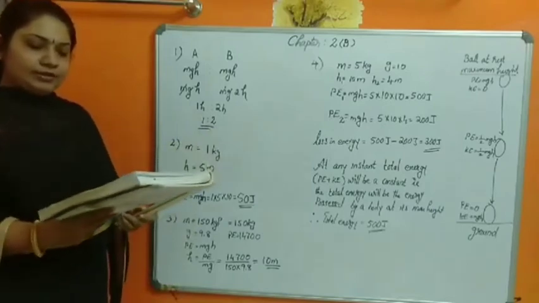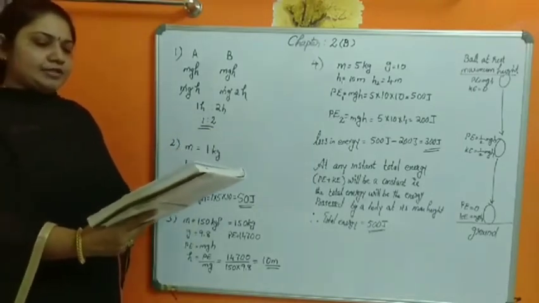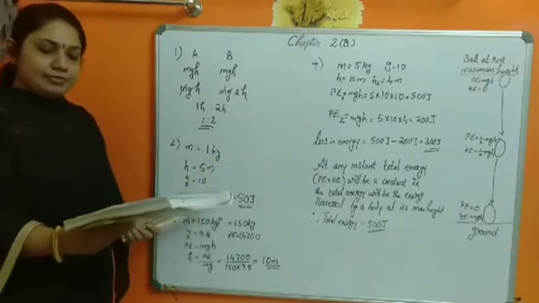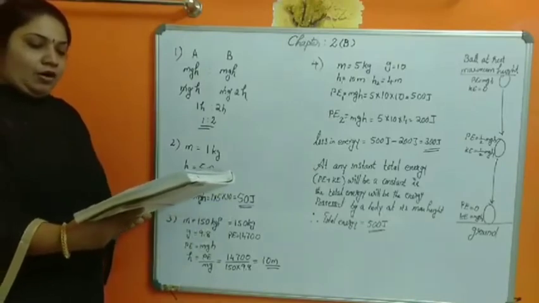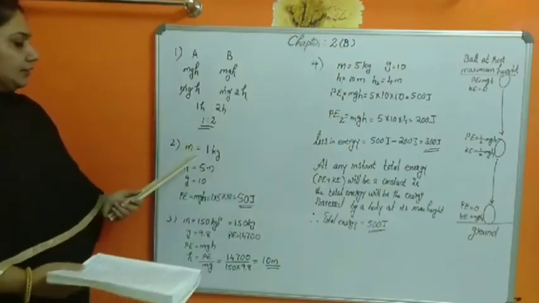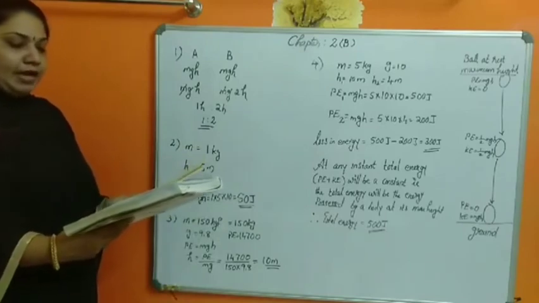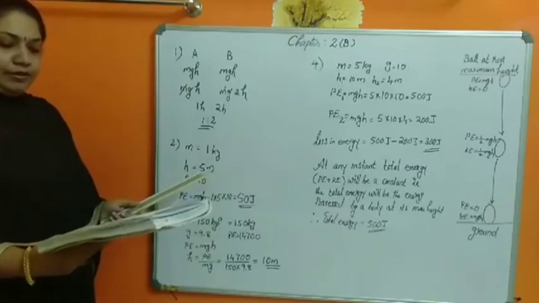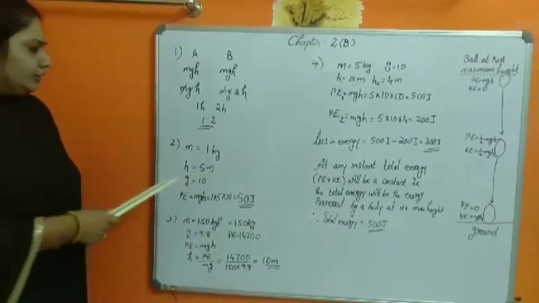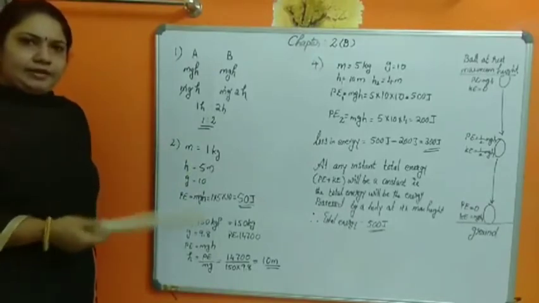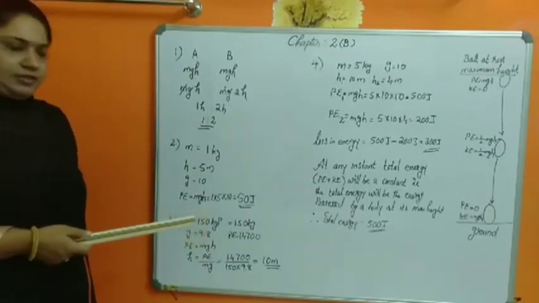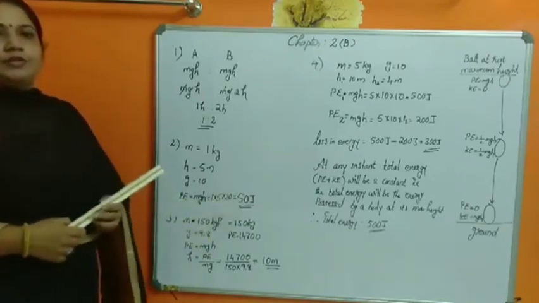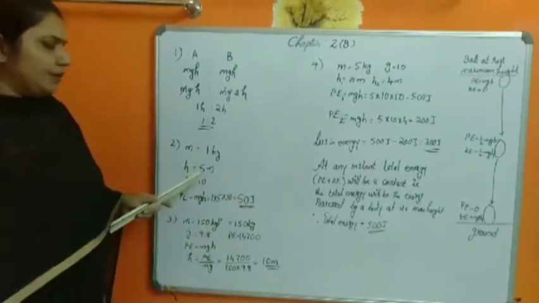Okay. So the second question is, find the gravitational potential energy. Here you are asked to find gravitational potential energy, that is mgh, of 1 kg mass. Mass is given 1 kg, kept at a height 5 meter. Height h is equal to 5 meter above the ground, if g is equal to 10. So it's a direct question. Mass, height and gravity are given. Directly substitute the values. Potential energy is mgh. 1 into 5 into 10, you will get 50 joule. Okay. So this is a simple application.